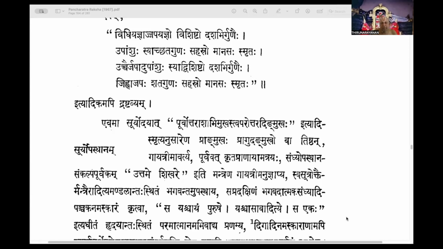So instead of doing any sacrifice according to the rules, japa yajnaha vishishtaha dashabirgunaihi: 10 times better is what we call meditation, another kind of sacrifice. Then upanshu, as he said, syat, murmuring, where your lip movements are noticed, will be shatagunaha, 100 times better than ordinary japa, which is done orally. Then sagasraha, 100,000 times better in the mind, without even lip movement noticed. Then ucchair japat, where again the same idea is repeated in different words. When you do it aloud, loudly meditating,